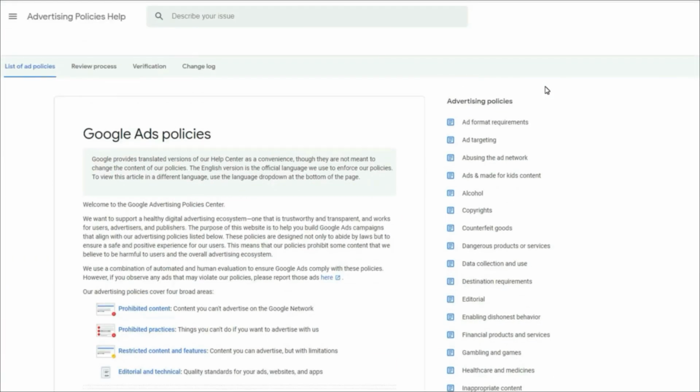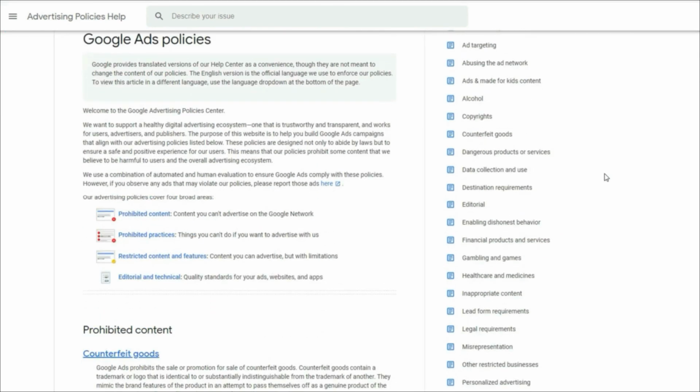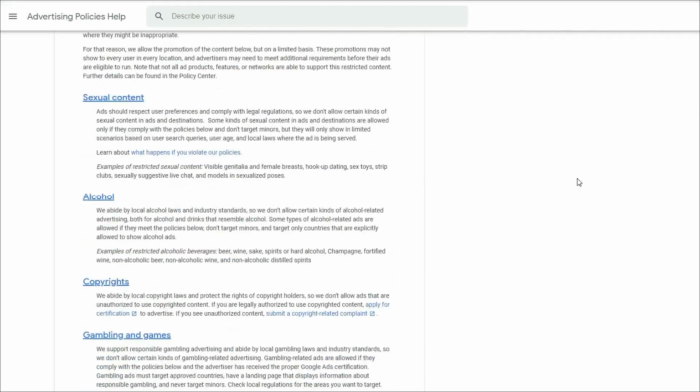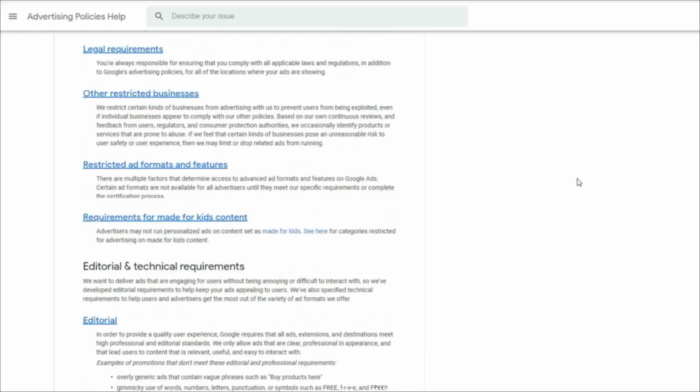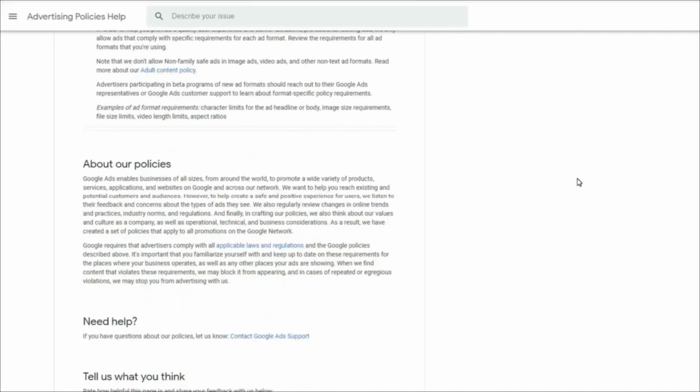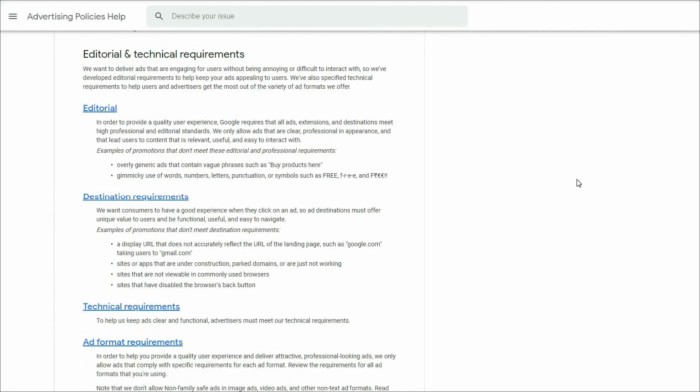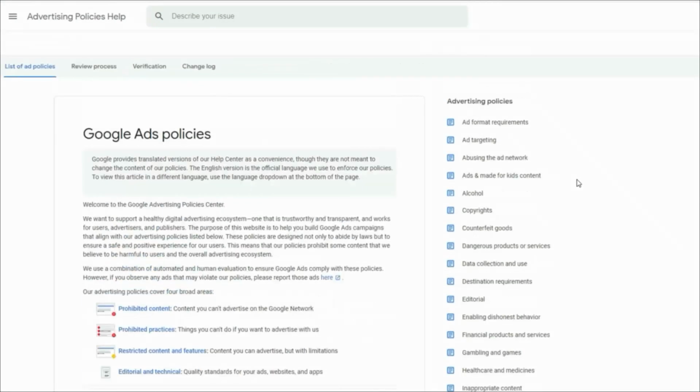The good news is Google's policies are clearly laid out online on their support docs. So we'll leave a link here below with that. Take a look at everything from what type of offers, what type of products and services can be advertised on Google and which ones cannot. That is very kind of clear, right? That's the rule of thumb, really, is just reading through the policies and understanding what you can or cannot do,